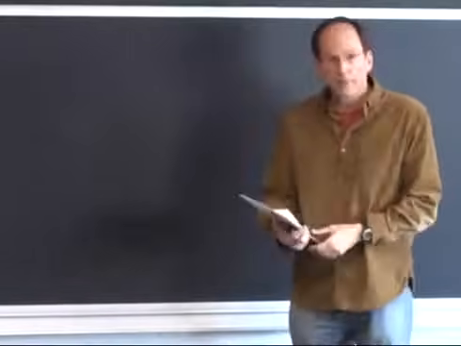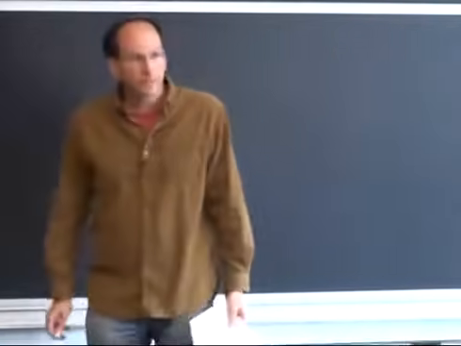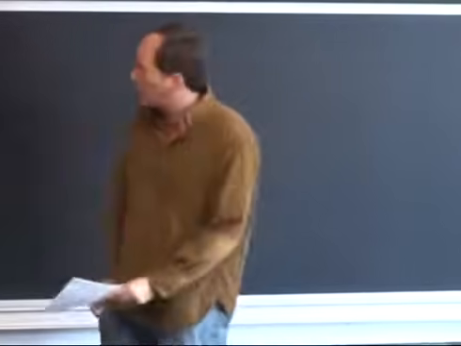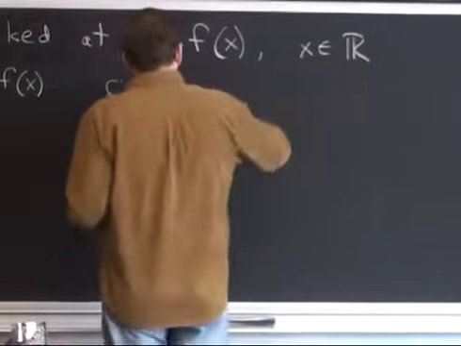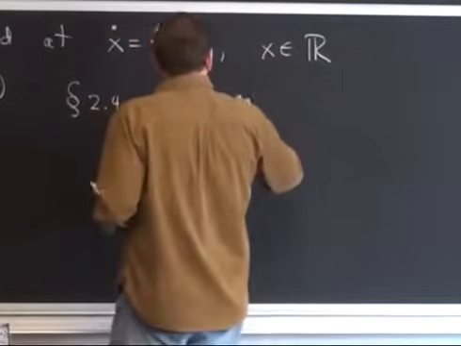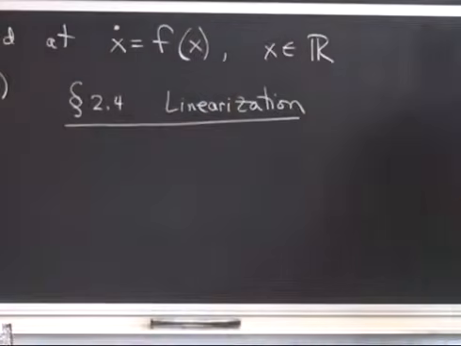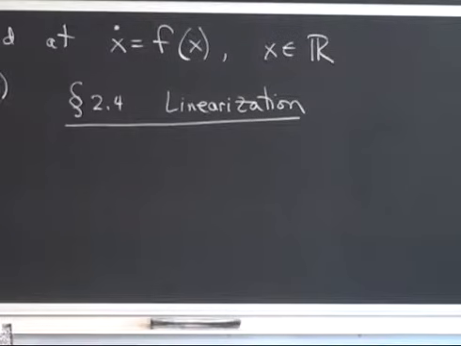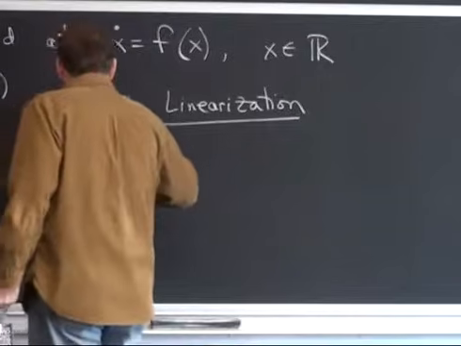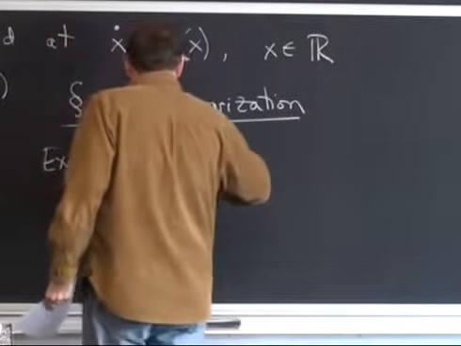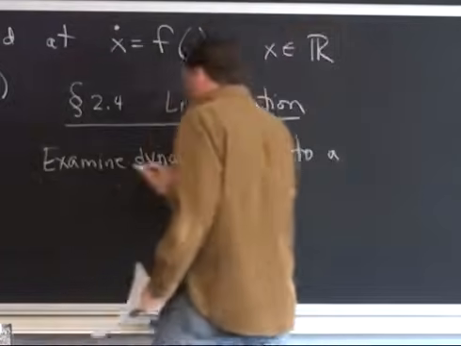So then, having mentioned this graphical method and then saying that we're not going to do much about analytical methods, I do want to touch on one analytical method that's quite easy and will be helpful to us. So this is discussed in section 2.4 of the book, and it has to do with the idea of linearizing around a fixed point. So here's how it goes. We're going to examine the dynamics close to a fixed point,